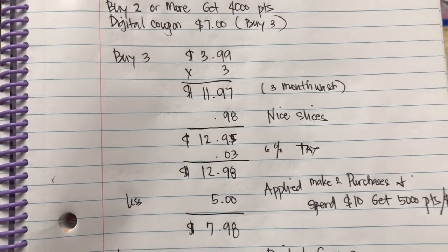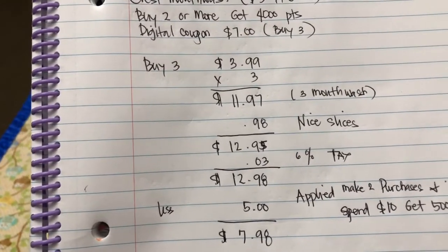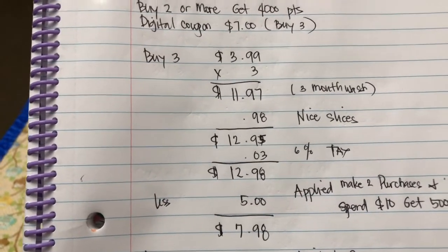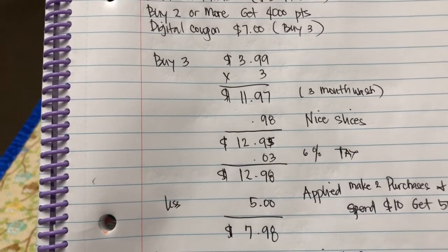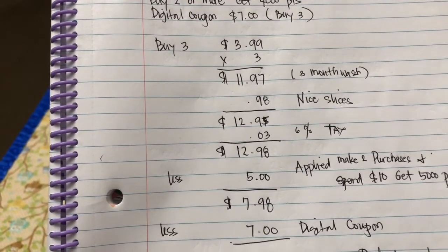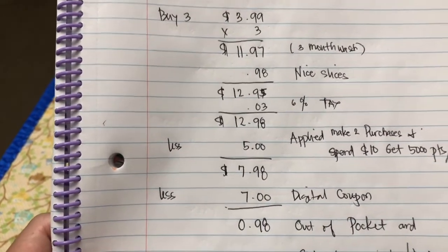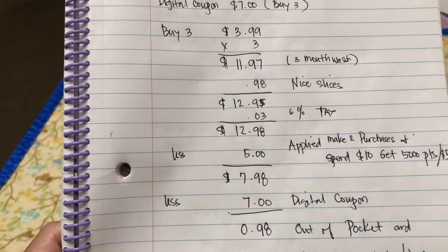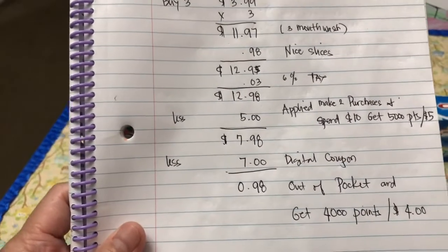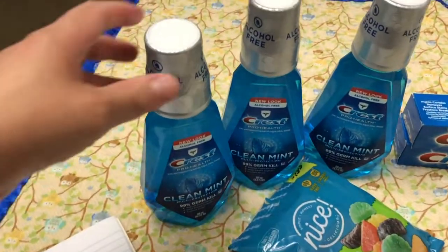And then I applied the 5,000 points when you spend $10. The cashier automatically deducted it, so my subtotal is $7.98. And then I used my $7 digital coupon that was attached to the Crest mouthwash. So my out of pocket is 98 cents. And then I got 4,000 points back. So this deal is completely free